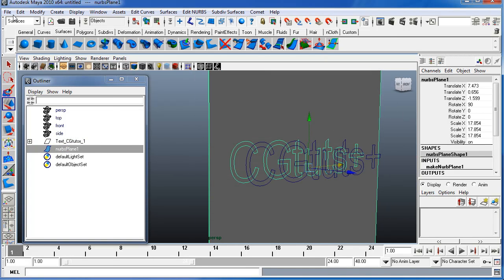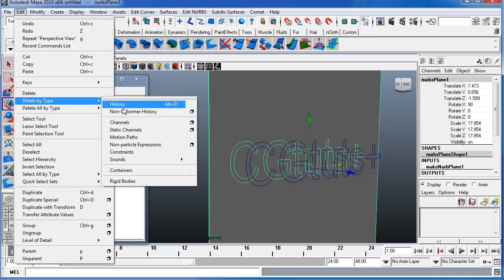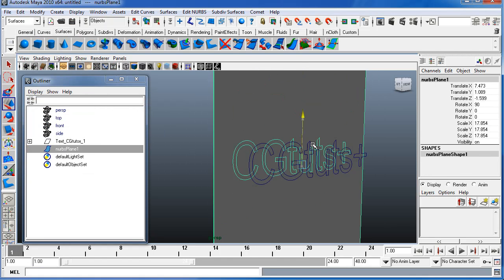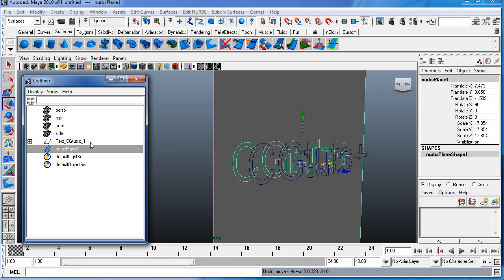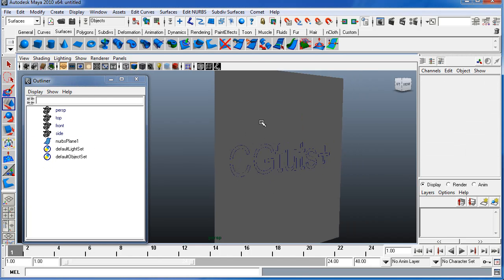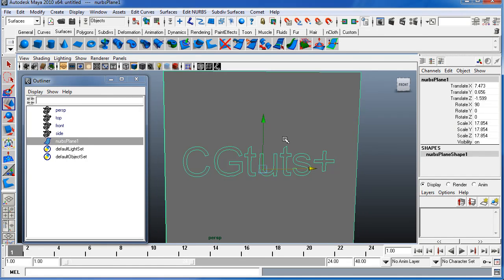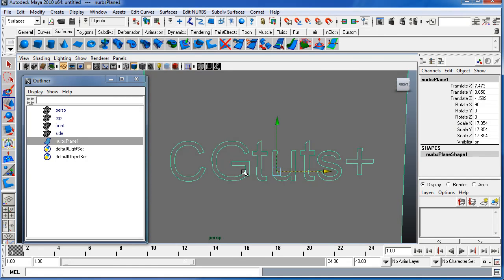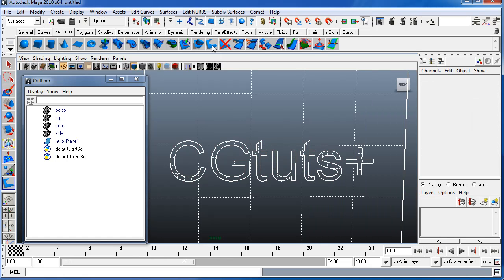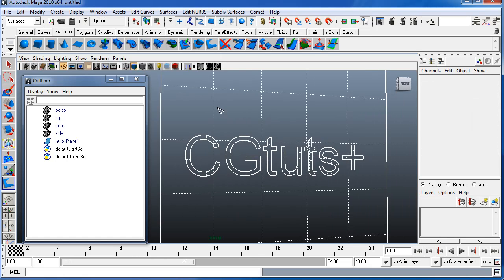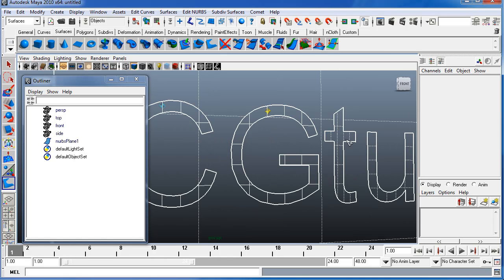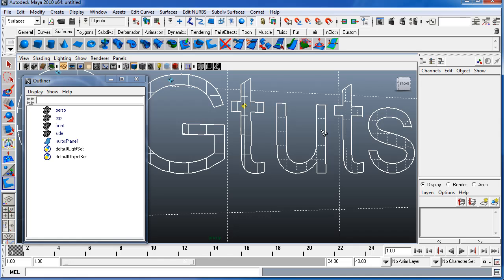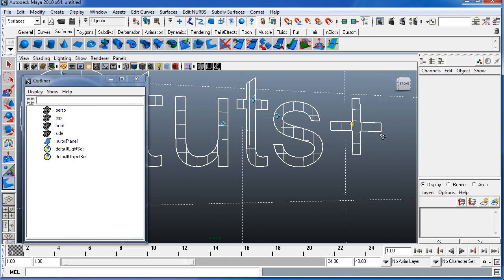So once you have that, let's just go in and delete the history, and now when you move it, you can see it stays in place, nothing happens. So let's just delete the curves, and to cut out these letters, let's use the trim tool, which is here, and select each part that you actually want to keep. So the T and the U and the T and the S and the plus, and then